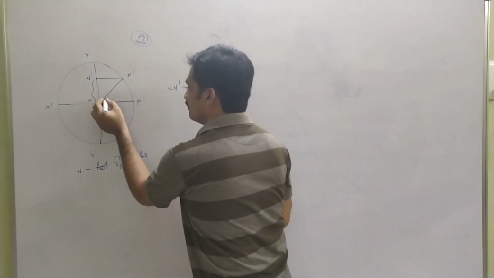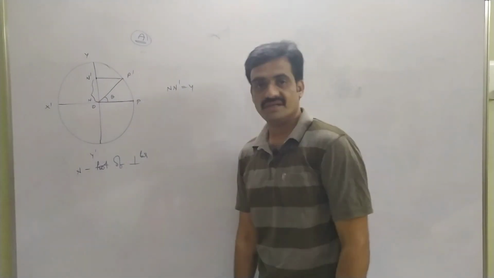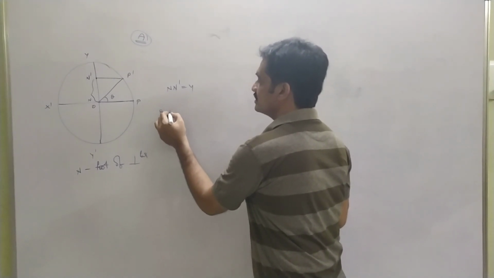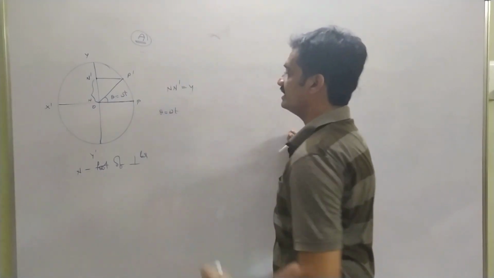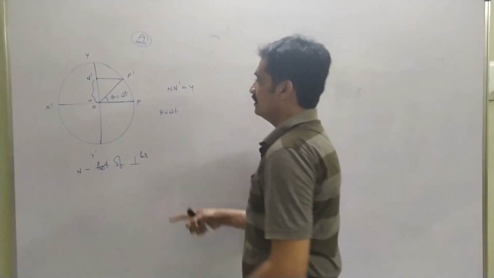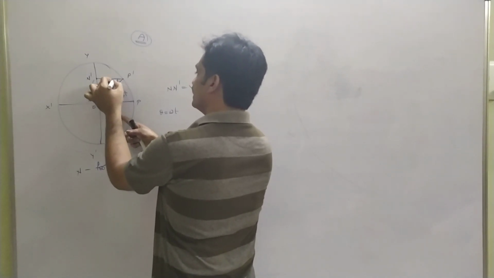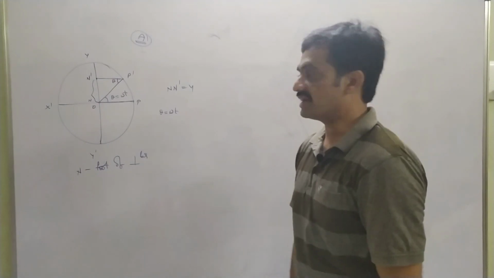Observe that here the particle makes an angle of theta, and we know that theta equals omega t. As we substitute this value here, we get theta equals omega t. Since the angle is there at this position, we can represent that the angle will be present at this position. Why? Because the transpose triangles possess the same angles.